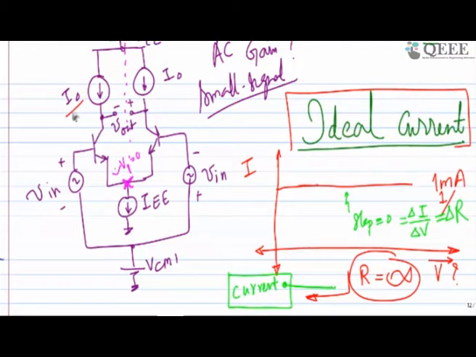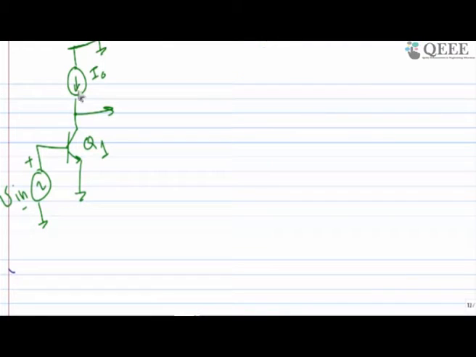So this I0 is the same ideal current source whose output resistance offered by the whole current system will be infinity. Or you can say that if I replace this whole current source, it should give me an impedance of infinity. When this resistance is infinity, it means it's an open circuit. Right? This is what we can do when it's a current source.